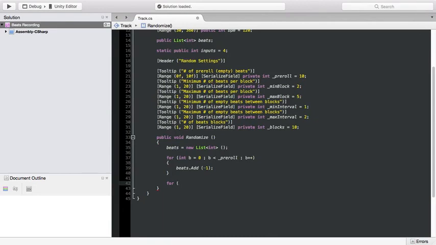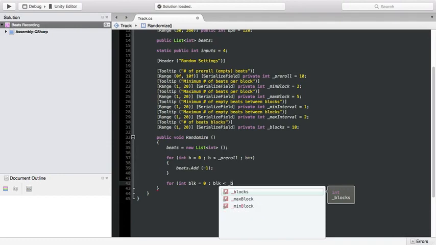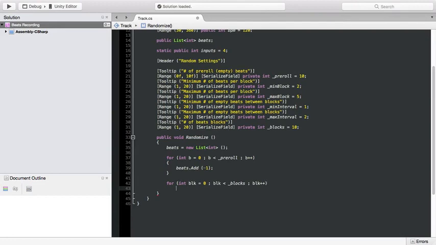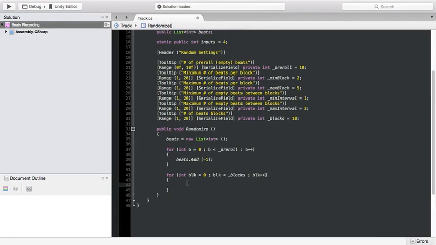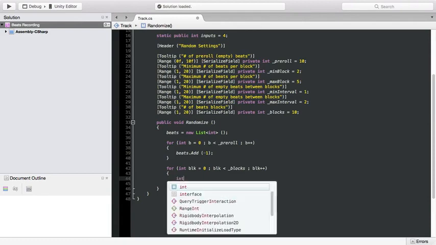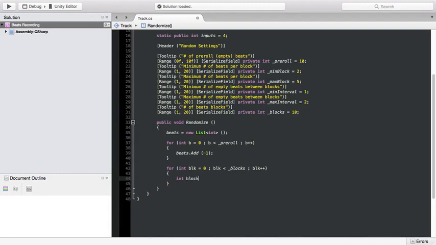and there I'll say for integer, and I'm going to call this blk, like block, equals 0, then block being less than the number of blocks, and again block being incremented every time. Now I'm going to define a new block length, like how many beats are we going to have in this block. And so there I'm going to call this block length,